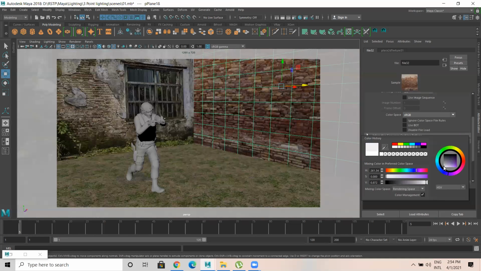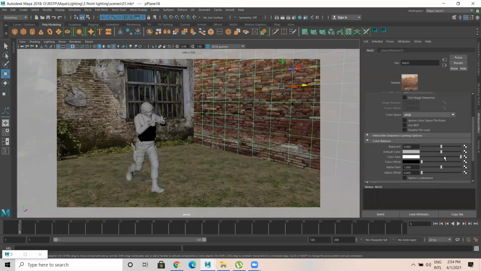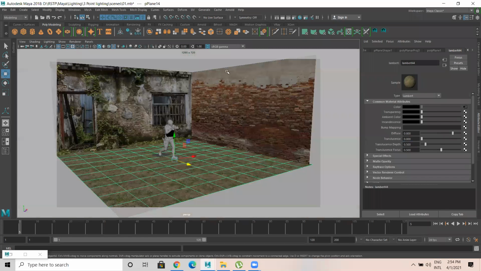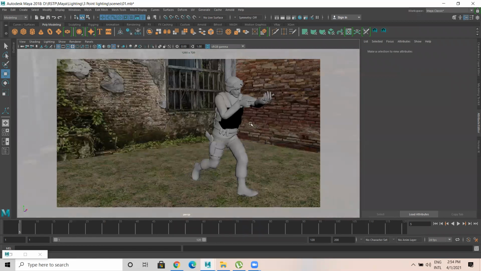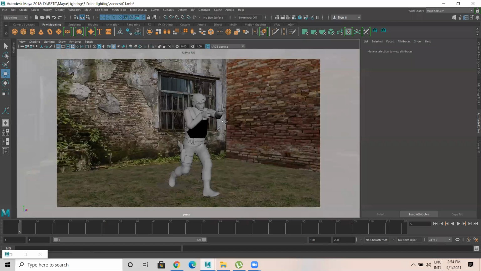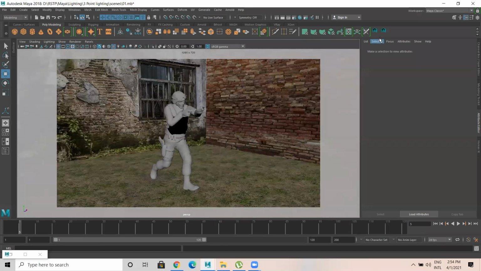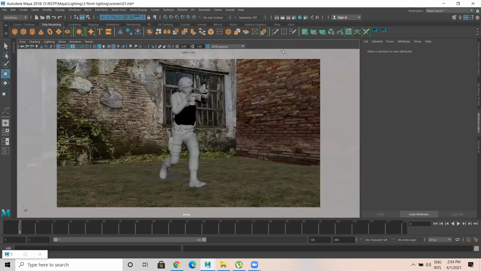bit grayish. Okay. Or let's reduce. Alpha gain is 1. Color gain, let me reduce this. I think that's okay. So it does match like this. Okay. So now let's take a render with this view.